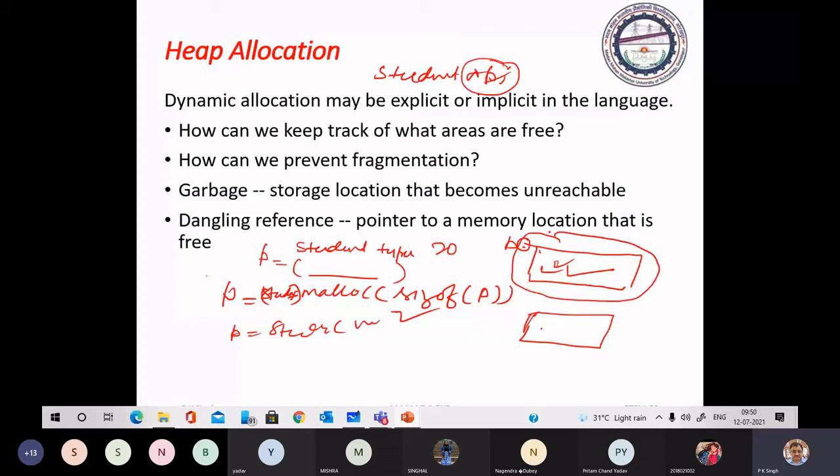Okay. What is your duty? If you have not used this area, then you have to release this allocated memory back to the operating system. The memory management module of the operating system is responsible for managing the free space in your memory.